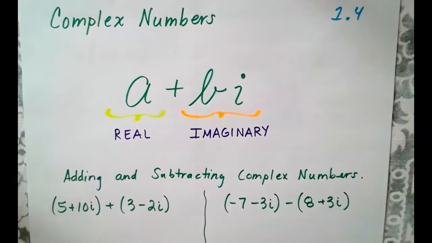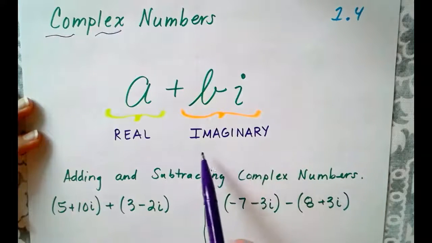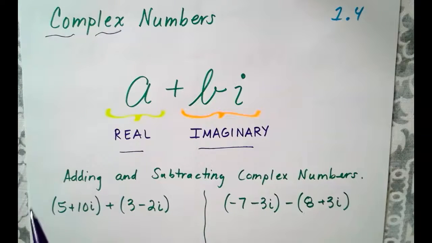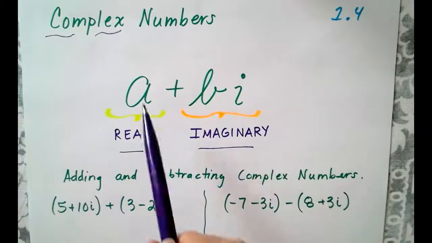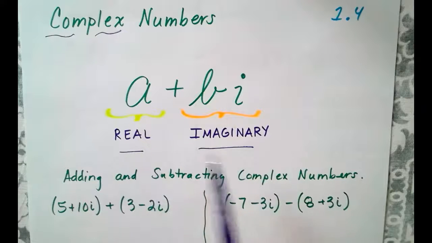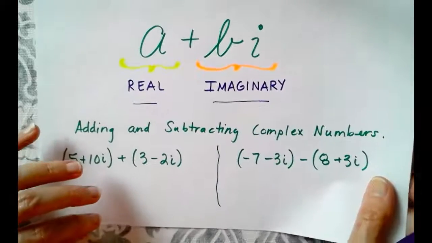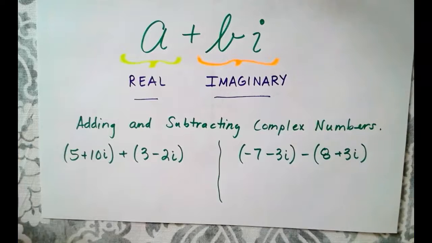So this is part 2 of complex numbers. Complex numbers, of course, are imaginary numbers, and they are complex because they are imaginary and real, a combination of both. They come in the form A plus Bi, where A is the real part and Bi is the imaginary part. The good thing about imaginary complex numbers is that they behave just like other variables do when we are